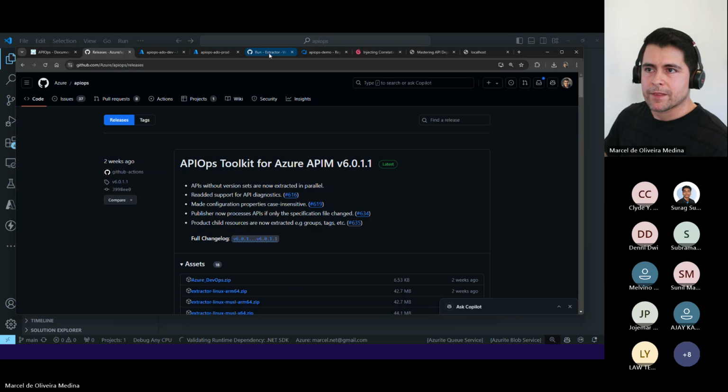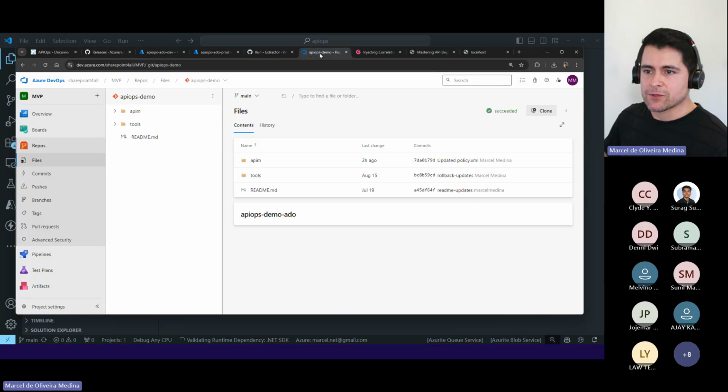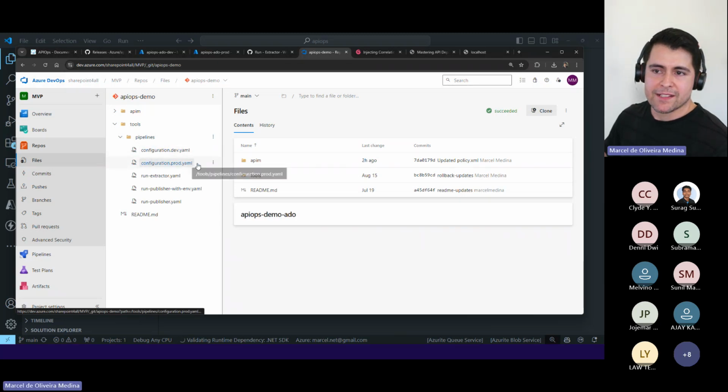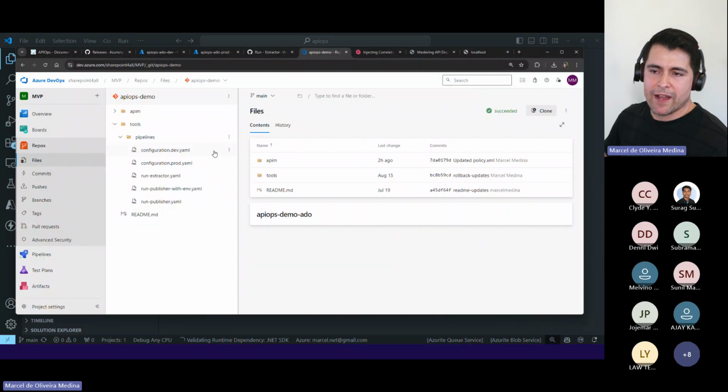But for example, this one. In general, as I said, from the screenshots on the PowerPoint, what we get is this. We have YAML pipelines in here, and those are already established. I don't need to do much.